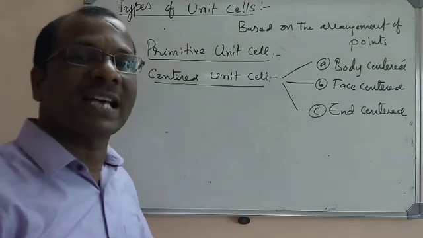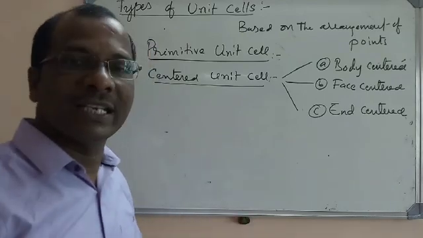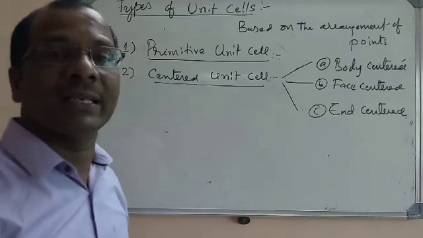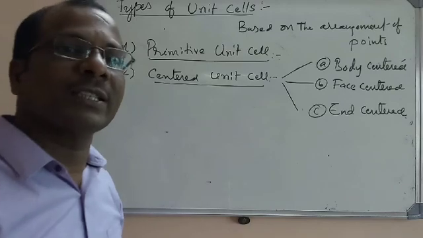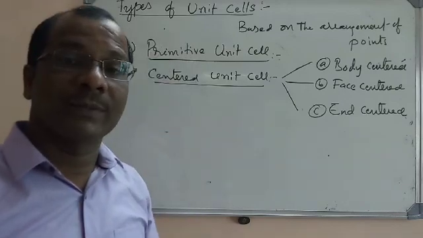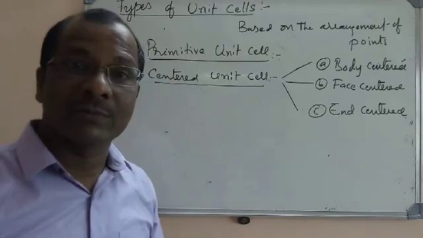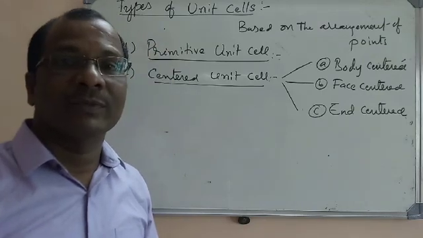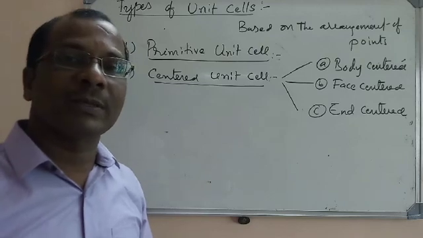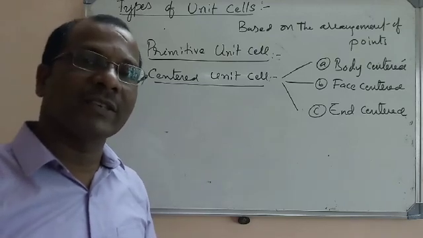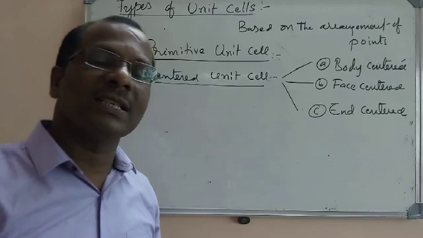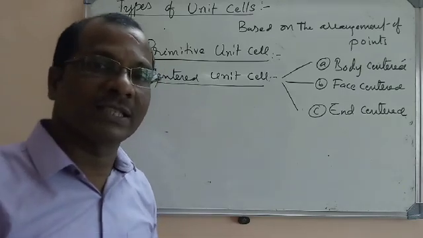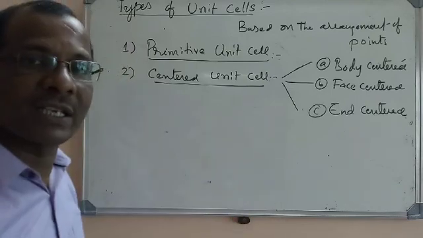Arrangement of the points means arrangement of the atoms or molecules or ions. Crystal can have any geometry, but what matters is the arrangement of the points. For example, we can have different types of classrooms. We can have cubical classrooms, we can have cuboidal classrooms. You can take any type of classroom, but how the students are arranged. In the same way here, classroom geometry we won't consider, only where the points are kept, at the corners or at the faces. Let me explain so that you will understand very clearly.